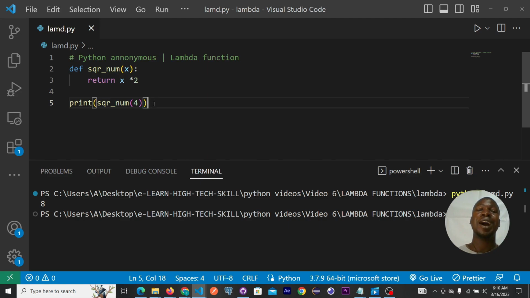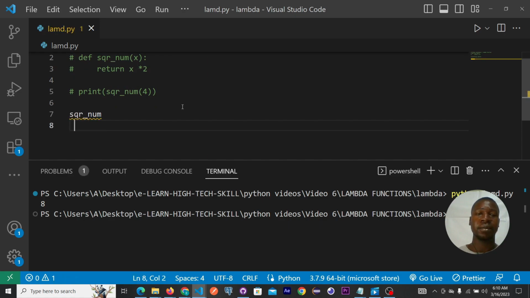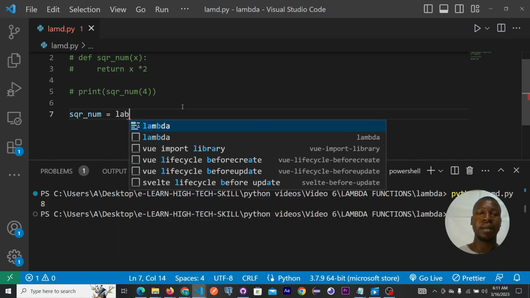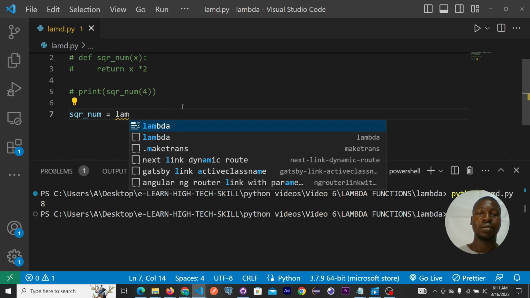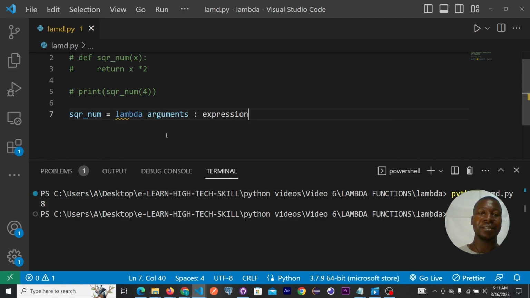So how do I write this as a lambda function? I can take the exact name and comment this out. So you see how powerful a lambda function is. I'm going to have this name, and I'm going to set it equal to lambda. I don't know why I'm getting this spelling wrong. So lambda function, all right, so x